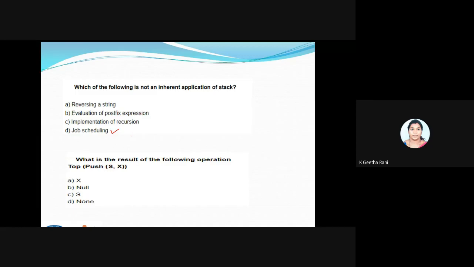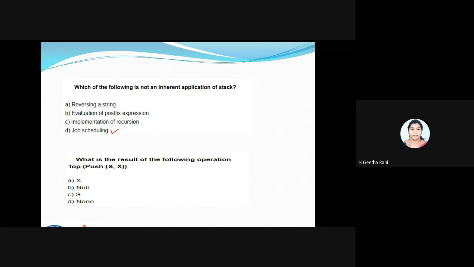I'm performing a push as well as a top. So what will be the output for it? What is the result of the following operation? Yeah, I got many answers.